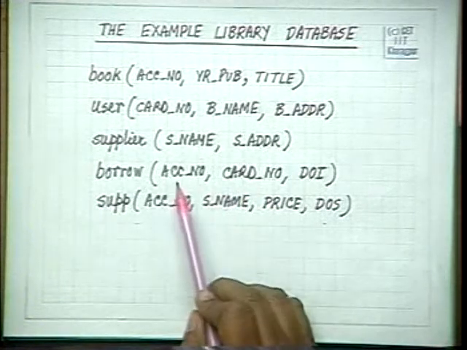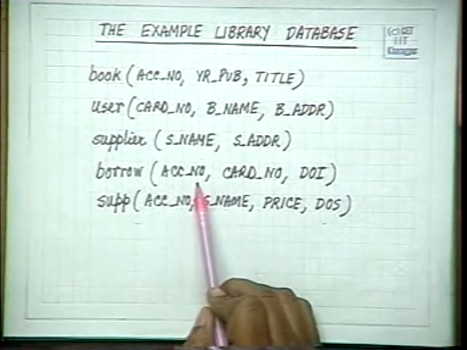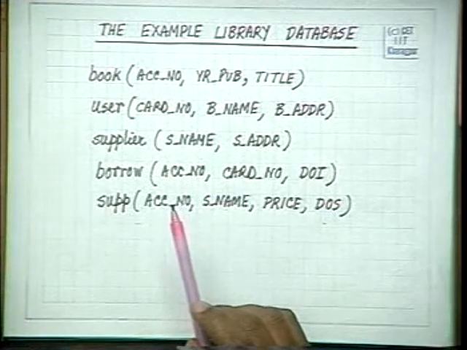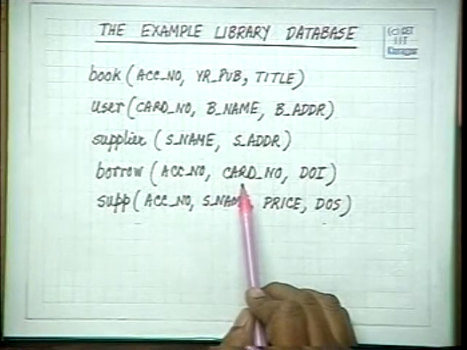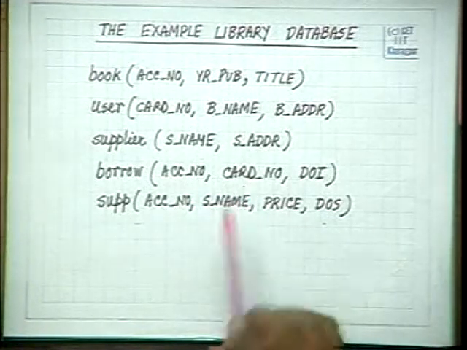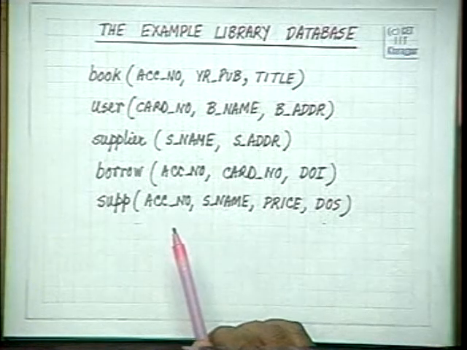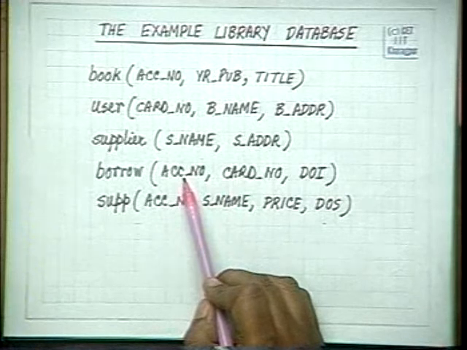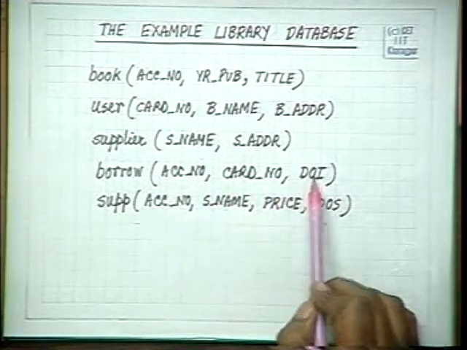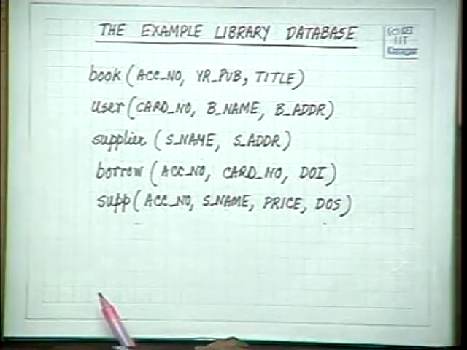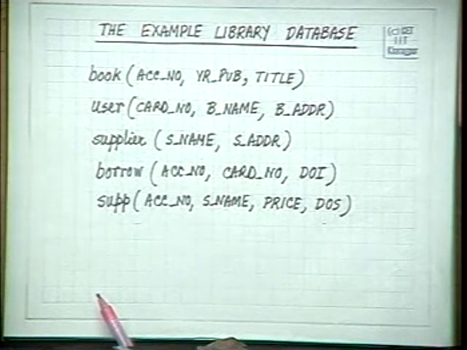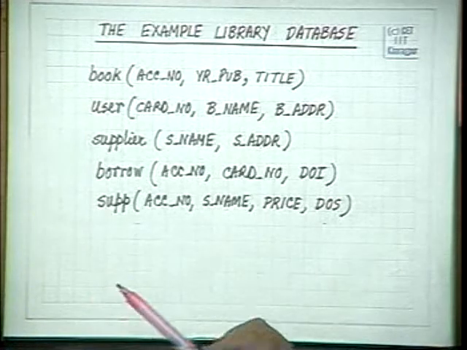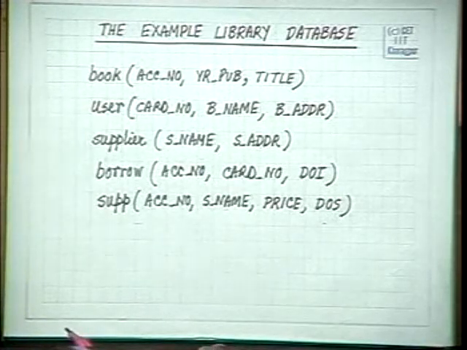Now, the database designer may have chosen accession number, but the constraint that only one book can be issued will have to be specified. And what is that constraint? That if the card number is same, the accession number must be same. If the card number is same, the date of issue must be same. So, if we specify that, and we have already specified one primary key, how do we specify the others?